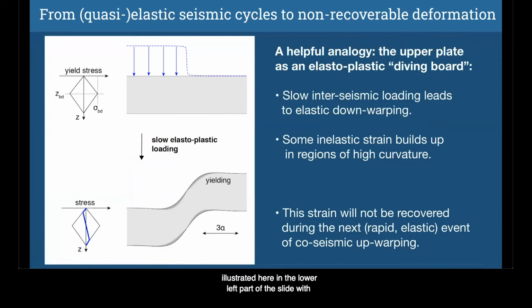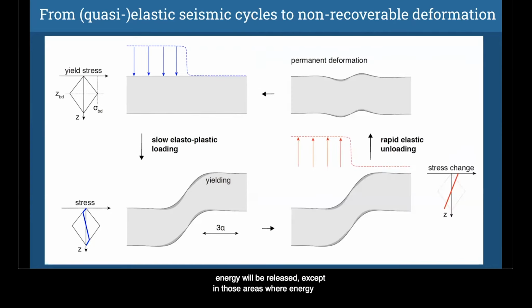So this is what's illustrated here in the lower left part of the slide, with areas undergoing very strong deformation induced by sharp displacement gradients experiencing plastic yielding, so net dissipation of elastic energy, while the rest of the plate is storing elastic energy. So what will happen when the diver finally jumps off the board, or when the next massive coseismic rupture occurs, is that the bulk of the elastic energy will be released, except in those areas where